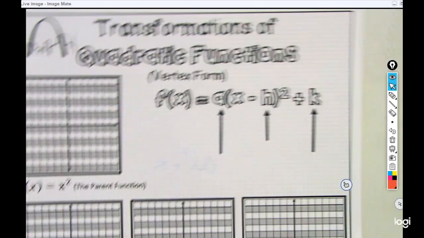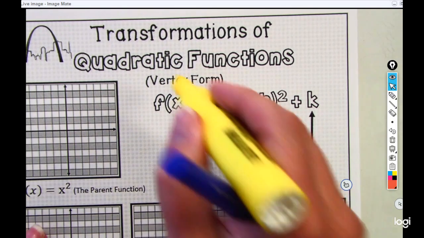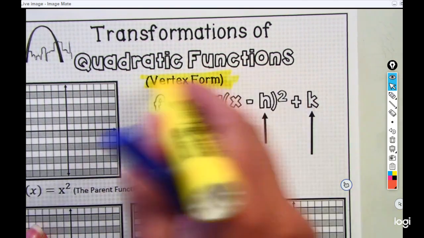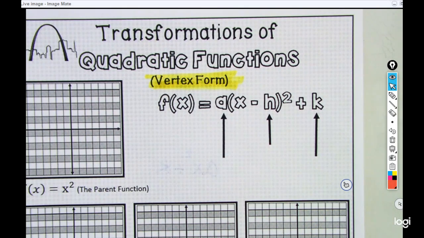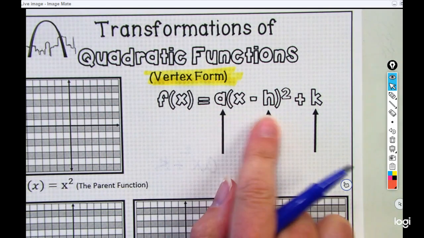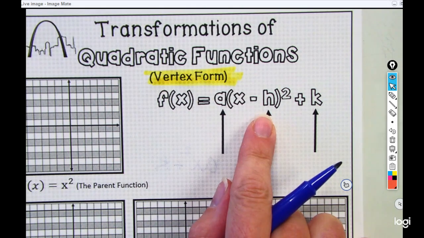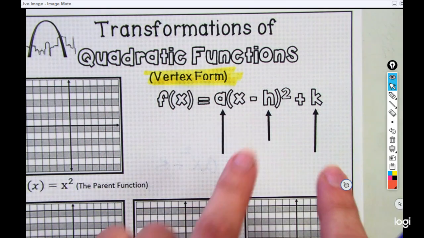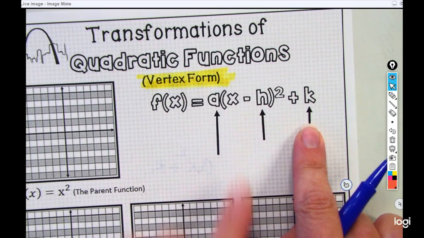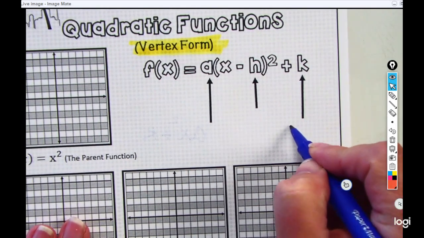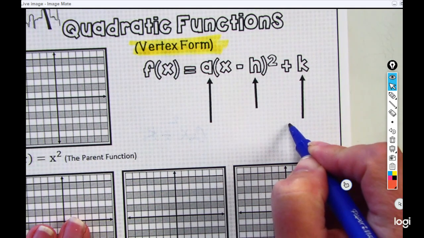So this is what is called vertex form. Please remind me what the vertex of a parabola is. The highest or the lowest point. Yep, the highest or the lowest point. And so when we are in this form, and the more we do with it, the friendlier it will feel, we know exactly where the highest or lowest point is. I don't have to find the axis of symmetry, and I don't have to plug it back in because it tells me, okay? Now what you need to know is the K moves our vertex